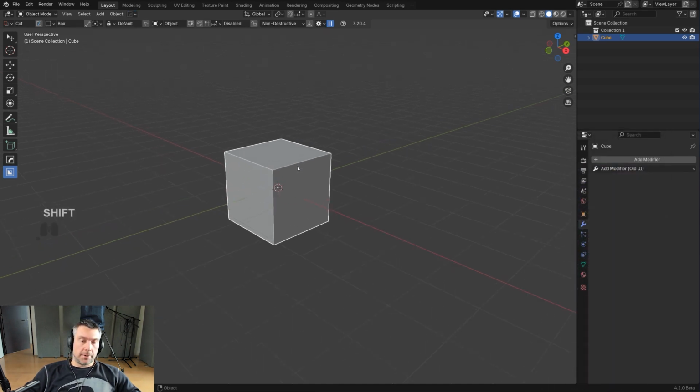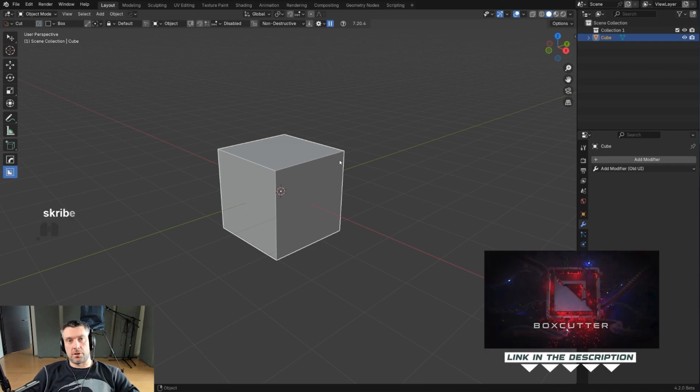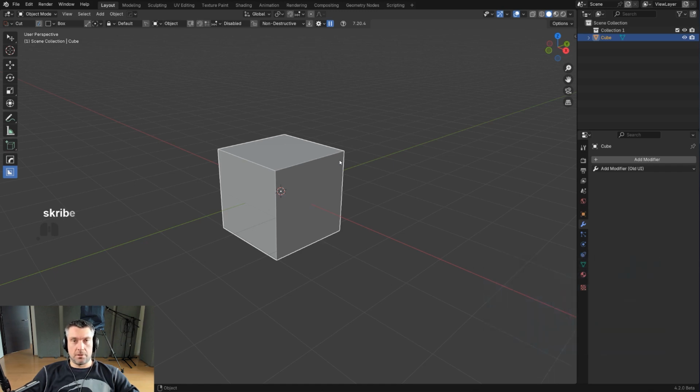So now anyway, what I want to show you is how to use both of these add-ons together. Now, a question I get a lot is which add-on should I get first, Boxcutter or HardOps? Get both. That's why they're bundled. This add-on is easily worth $200, if not more. Okay, easily. Because when you compute the amount of time you're going to save